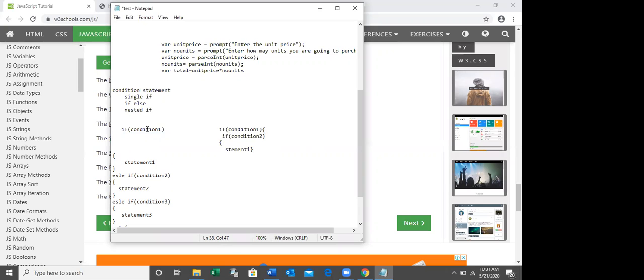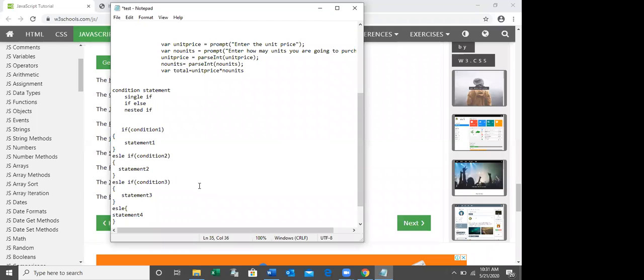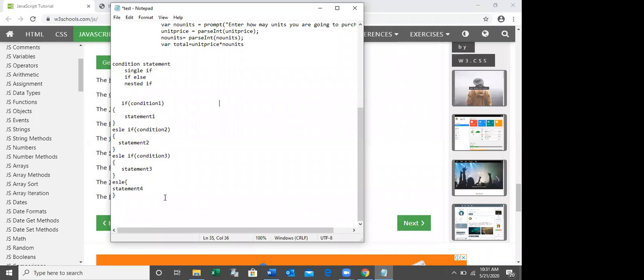Here, if condition 1 true, statement 1 will be executed. Then if the condition 1 false only, this will check the condition 2 here. But here I am checking both conditions at a time, right? If condition 1 and condition 2 are true, the statement 1 will be executed. This is nested if statement. Okay, right. I will explain you the nested if statement in the next class, because if I teach you all together, then you will get confused.